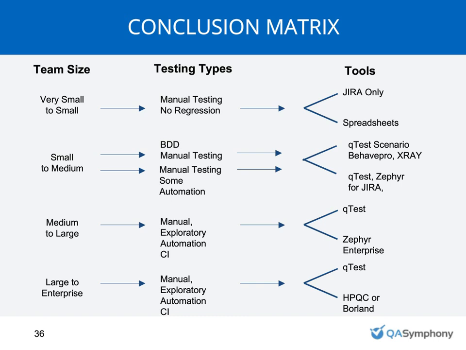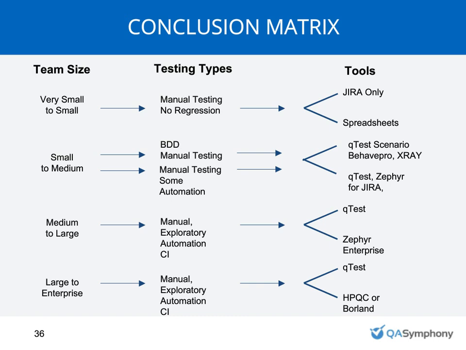If you're small to medium and you're doing BDD and manual type testing, then I'd recommend looking at QTest Scenario, Behave Pro, X-Ray. They're great for that. And then for teams doing manual testing with some automation that are small to medium, you may want to look at QTest and also Zephyr for JIRA. There are a couple other ones out there as well, but those are some of the ones I'd recommend for small SMB. Then you start scaling up into the medium to large to enterprise customers that are really more